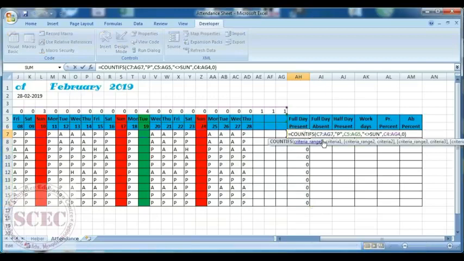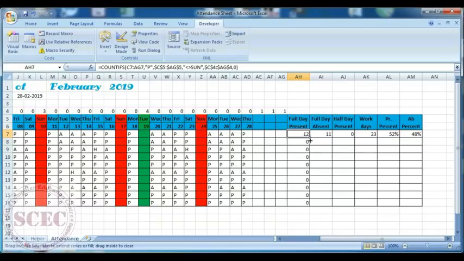Why? Because here we have not locked this one and this one. So this one is row number 4 and this one is row number 6. So row 4 and row 5 should be locked. So here is row 5. To lock this, press F4, and now drag. Is all okay.